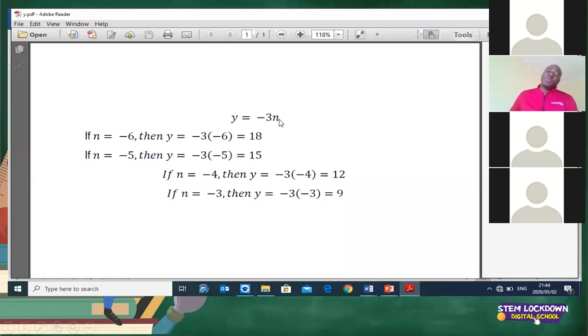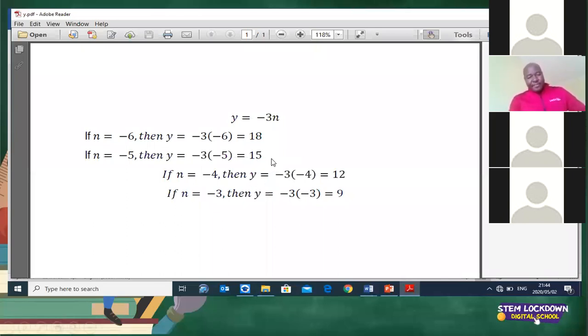This emanates from the equation that we have, which is given to us. That is the rule. Remember, negative times negative is positive. And 3 times 6 gives you 18. So meaning that if n is -6, then y will be positive 18. And secondly, if n is equal to -5, then y will be equal to -3 times -5, which is